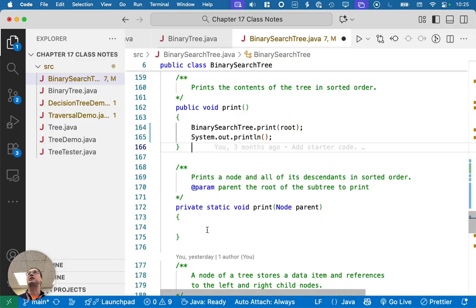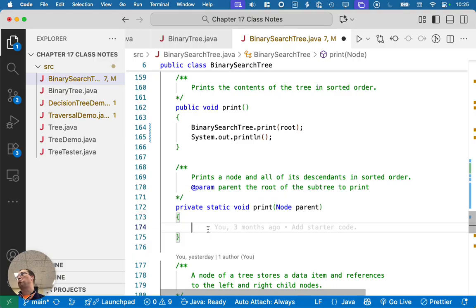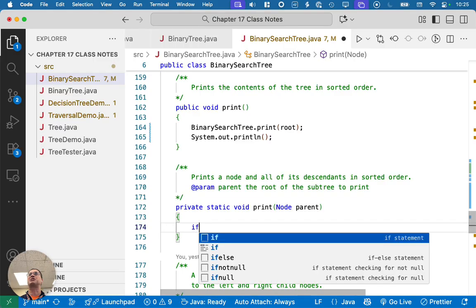There's a lot of ways we could print our tree. We're going to write some code to print it in one way. And tomorrow we're going to give this a name and look at this in more detail. But for now, we're just going to say